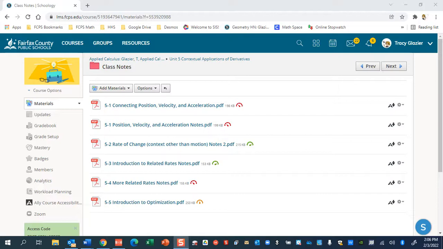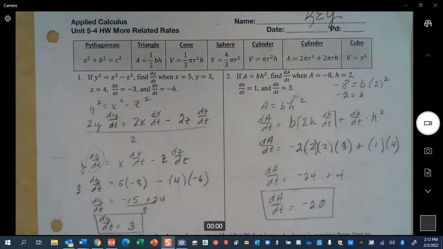Calculus, for 5-4. 5-4 was talking about related rates, and we gave you these